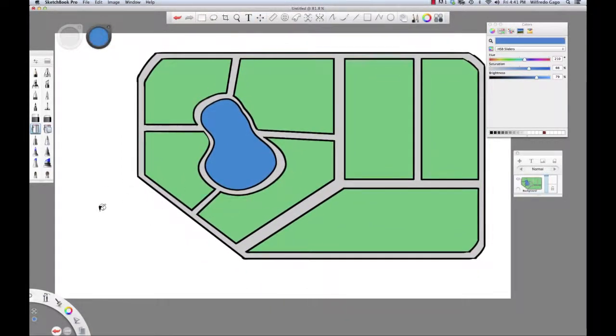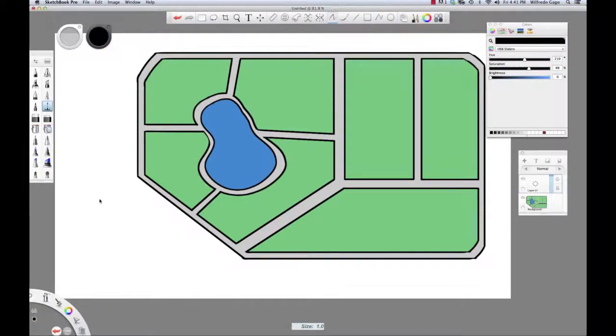I'm going to use the space here in my lower left-hand side of the canvas to start creating assets on a new layer that I can copy and paste and populate this scene. I'm going to do that by going back here to my Layers palette and hitting the plus icon, which is my Add New Layer icon. I'm going to go back to my felt tip pen. Here in my lagoon, I'm going to pick black, adjust my size,